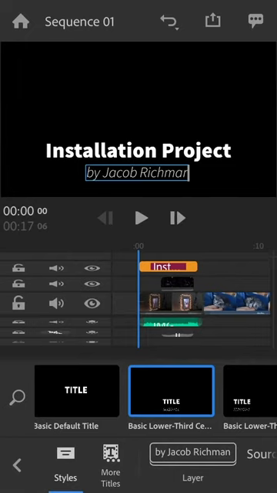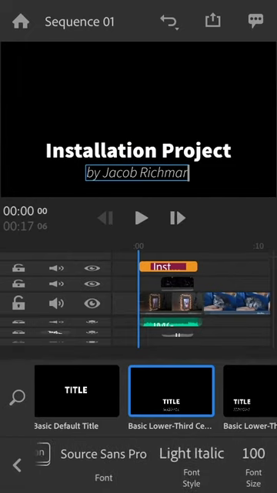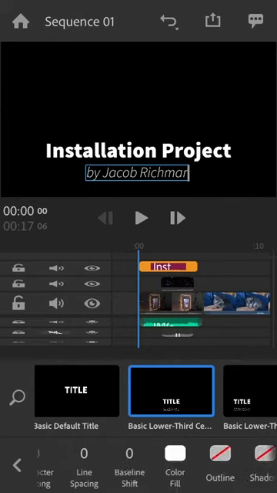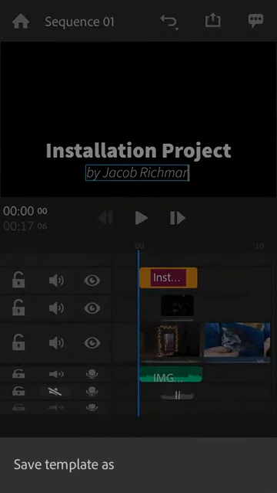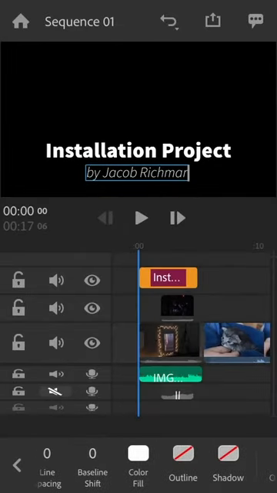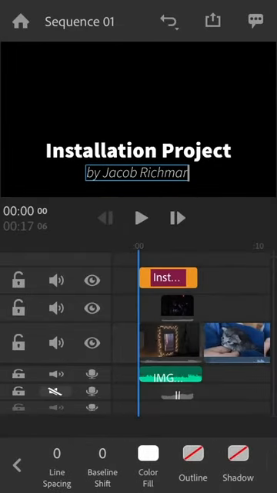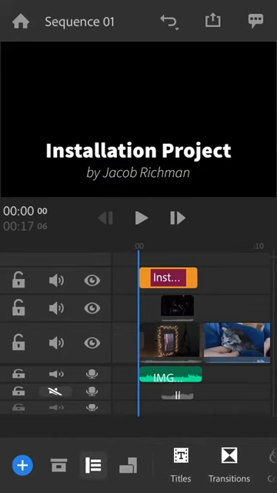You can also change the font size. See what options we got here. Or you could save a template if you have a title that you really like and use this option. Color fill, I believe, would allow you to change the color of the text itself. But for right now, let's just keep it simple. All right, so if I hit play,